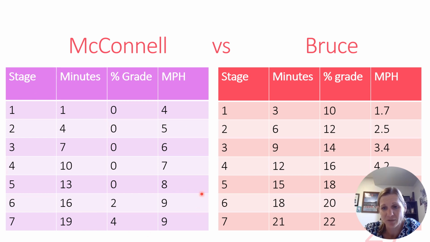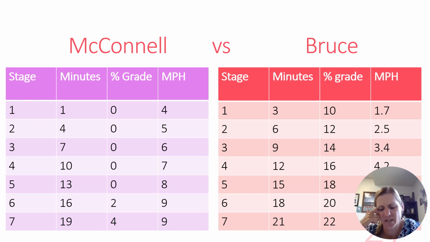Now, this other test would probably give our class a truer look at what their VO2 max is, just because we are an athletic population. So that's why I chose this. But again, it's nice to see the differences between these two. Best case scenario, if you're working in an exercise physiology lab or something like that, it's good to know all of these different things so that you can cater the test to the person you're working with and make the best choice for their particular background.